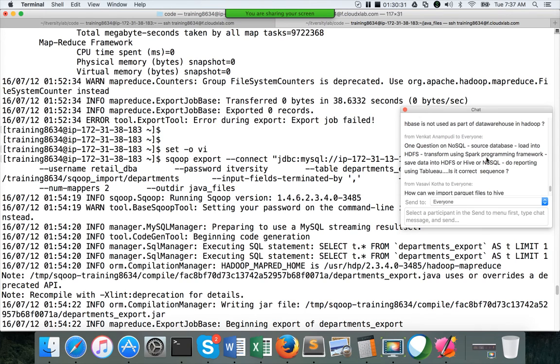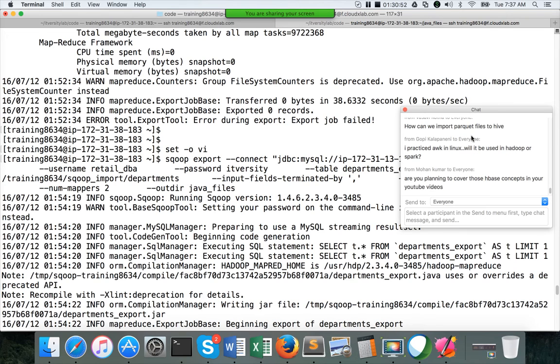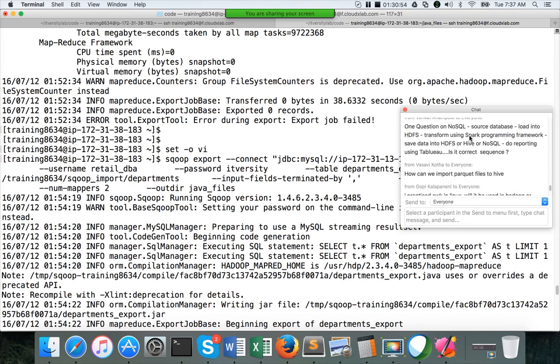Venkat is asking one question on NoSQL: source database load into HDFS, transform using the Spark programming framework, save data into HDFS or Hive or NoSQL, do reporting using Tableau. Is it the correct sequence? Forget about NoSQL for this.